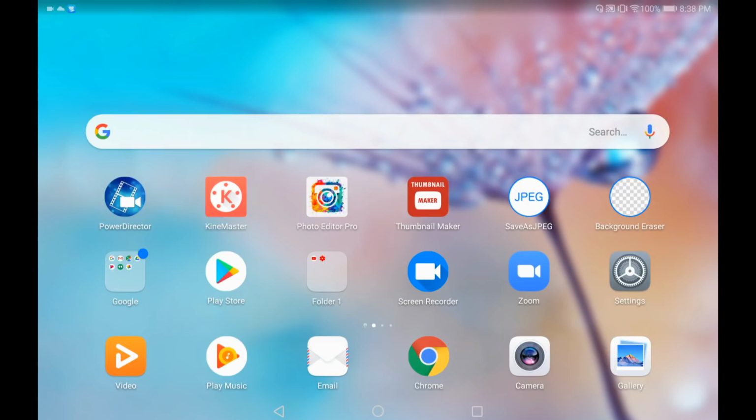So the first thing you want to do is to download the KineMaster Pro app, which means you have to go to your Play Store app and download it. Whether you are using iPhone or Android, I'm using Android phone. Right now I'm using my tablet, Huawei. That's what I'm using. So click on your Play Store app,